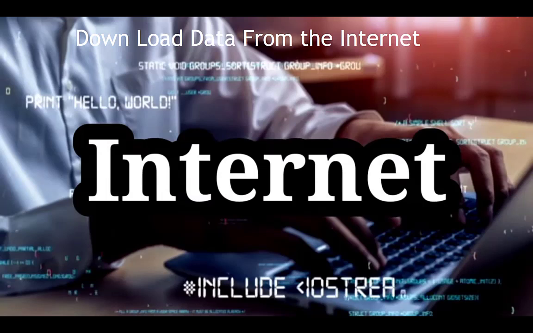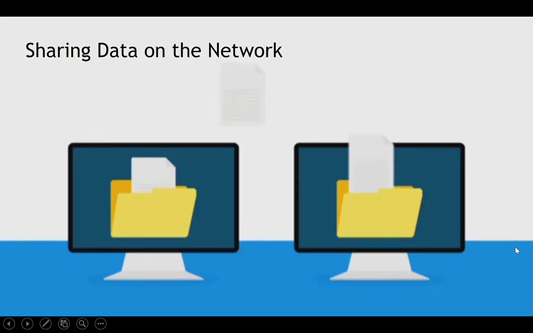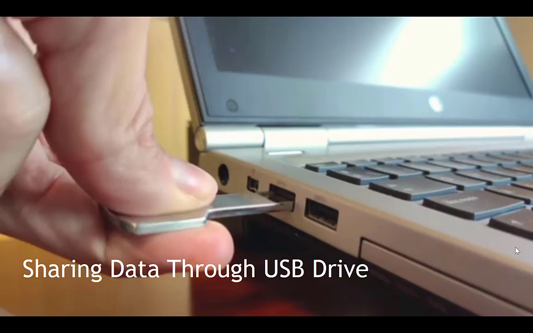As you can see, usually they come from the internet. Whenever you are browsing the internet or downloading anything, you can get these malwares. They also come from network shares. When you are sharing data with your colleagues or some other person on the network, you can get this type of malware from the sharing drive. Also, the most important and prominent method is sharing with the help of USB or pen drives; whenever you share your data this way, you can get malware.